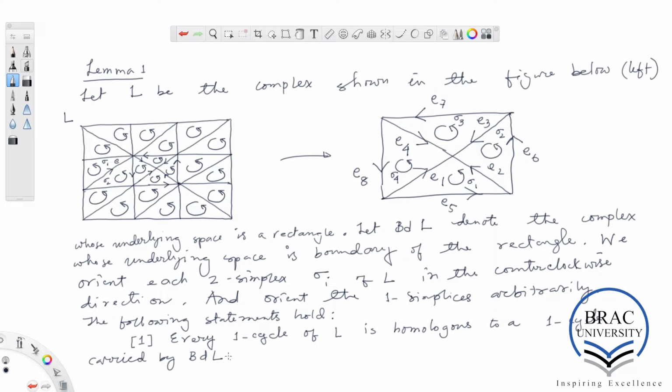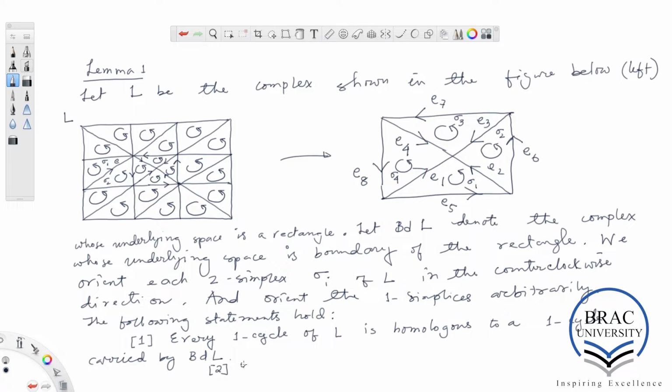Okay, so that one cycle will have value 0 on each of the one simplices that does not belong to the boundary of this complex L. Okay. All right. So this is the first statement, and the second statement